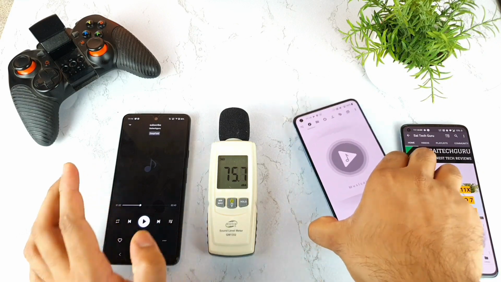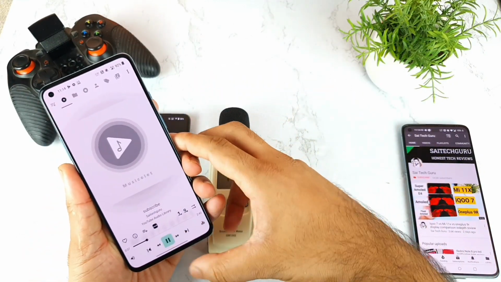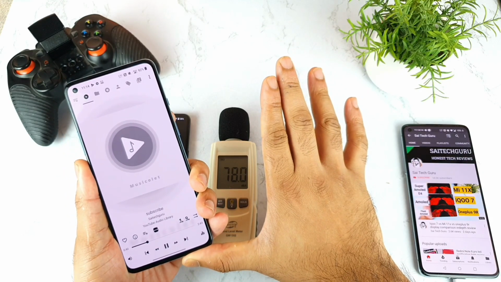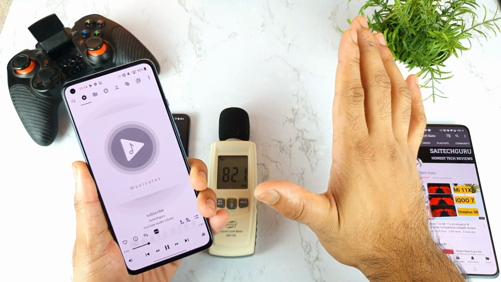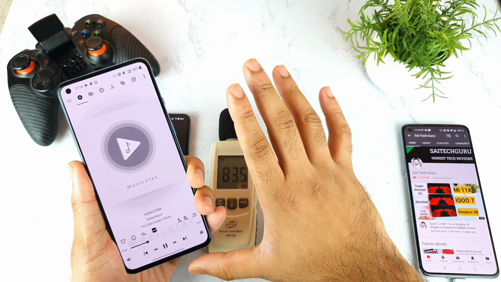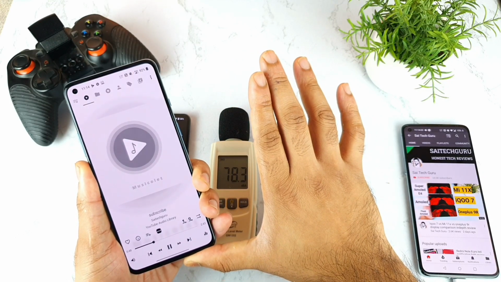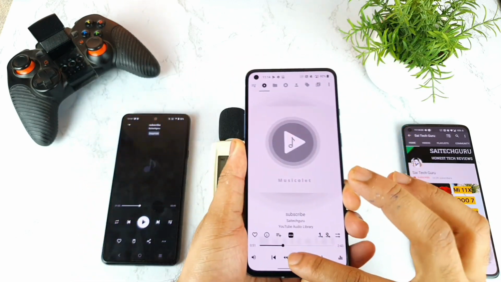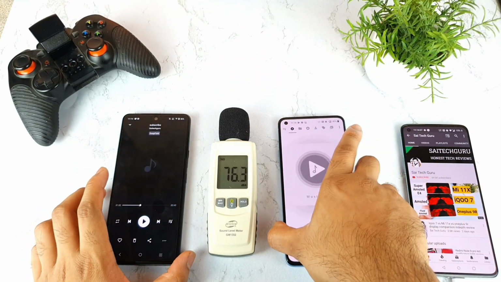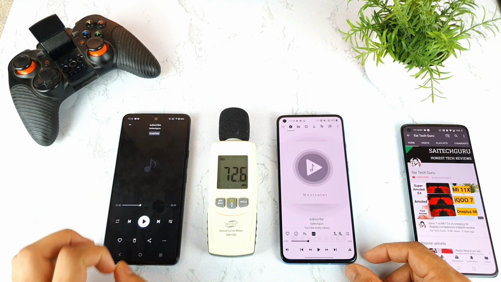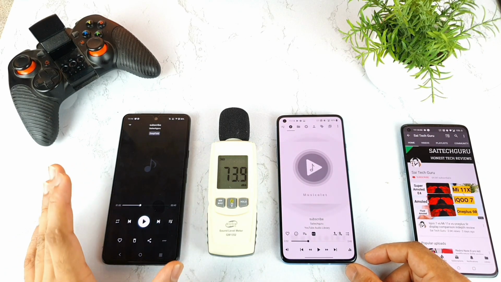Let me test the same thing with the OnePlus 9R as well. In terms of the audio output, I do feel the bottom speaker of the OnePlus 9R has more effect than the top speaker. As you can see, both phones are the same in this respect.